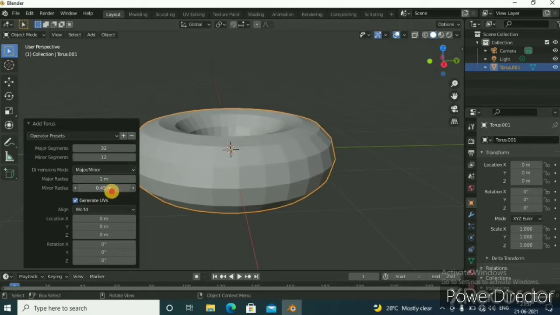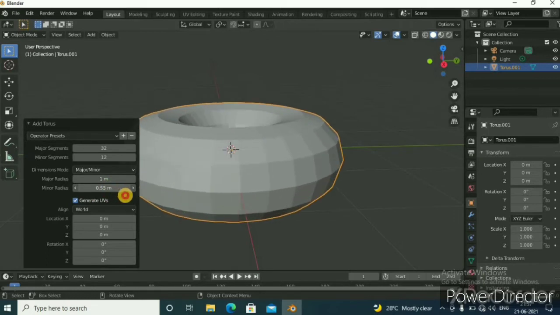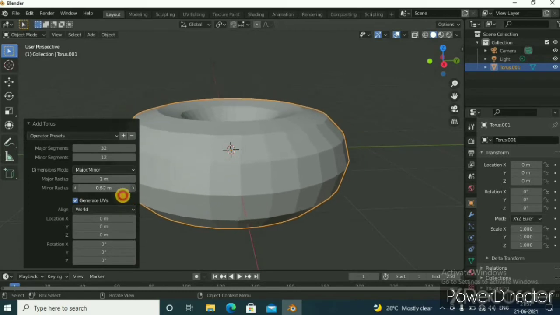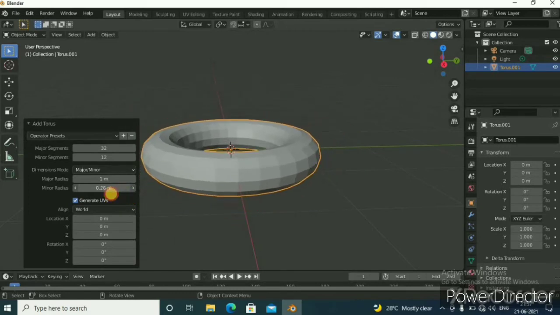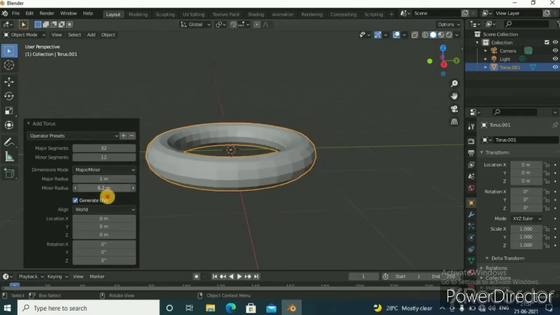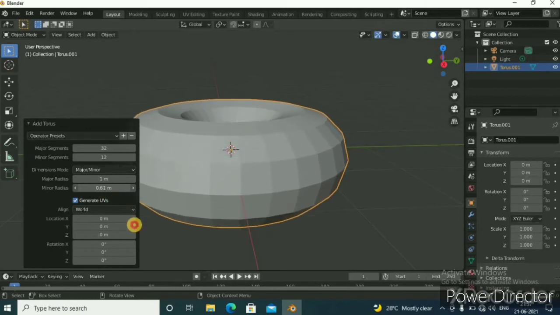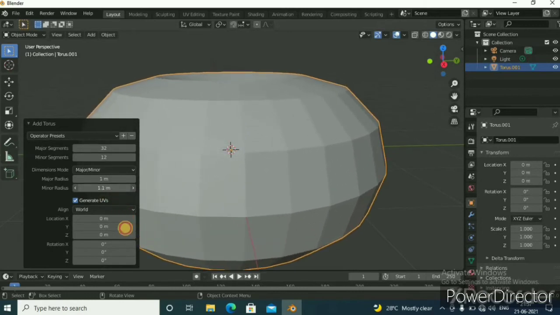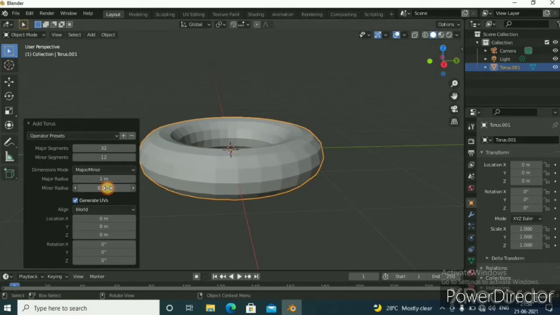This is the minor radius, as it is scaling. So from here keep major segments 32 and minor segments 12 as it is. Here you have to change. Keep it 1 meter. Minor radius, it will be